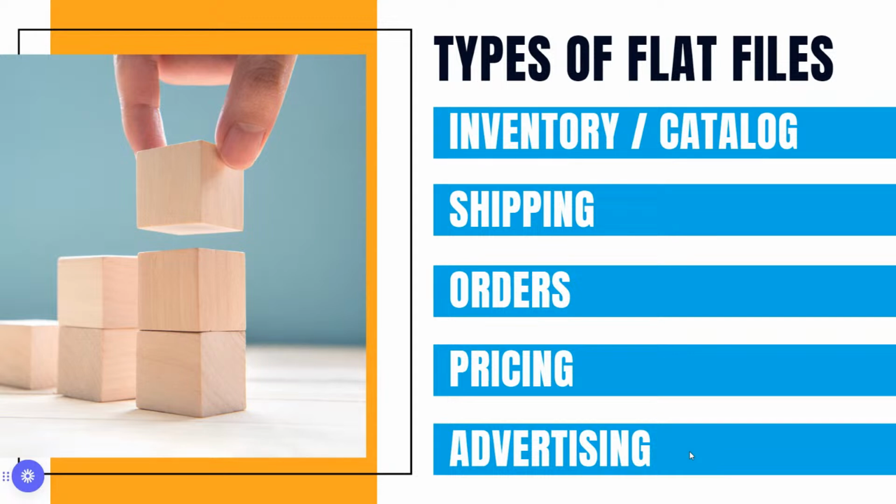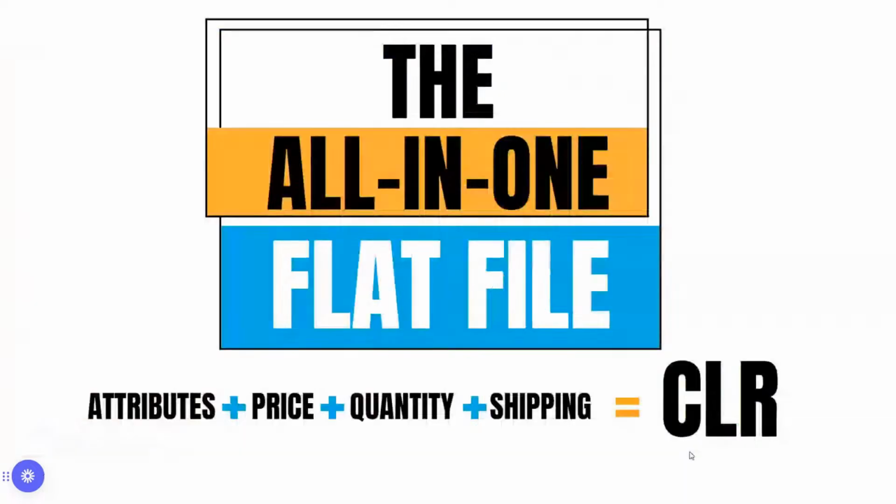Today, we will only cover inventory and catalog because all the others are honestly not so relevant, especially if you're doing FBA. Shipping, orders, pricing, and advertising, well, advertising is the one that I think is extremely valuable, but I don't know anything about it. The other ones are mostly for sellers that are doing FBM, okay? When you want to change stuff in bulk or change pricing. The pricing one is definitely for people that are not using a repricer and have a bunch of listings. For small catalogs, you honestly can change it in Seller Central.